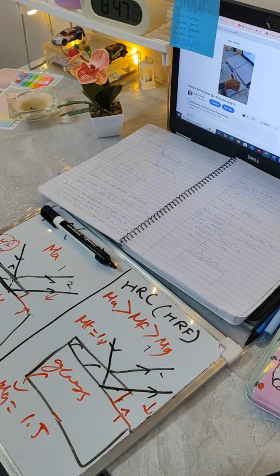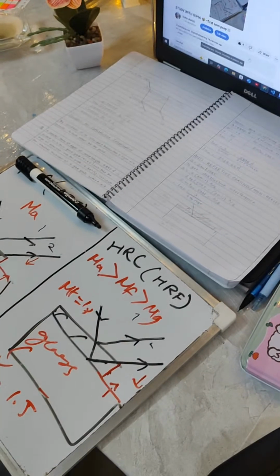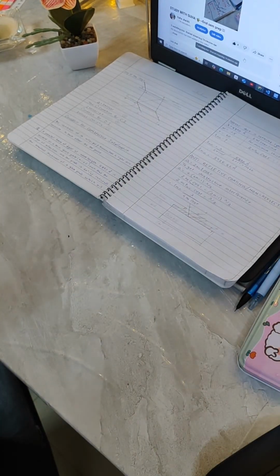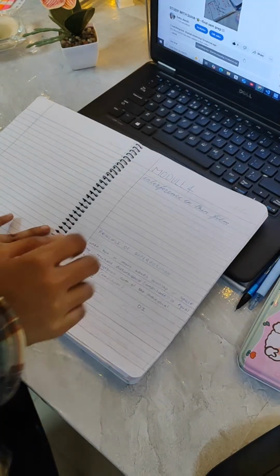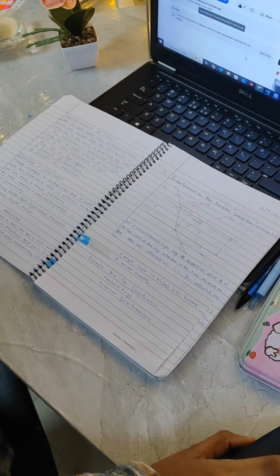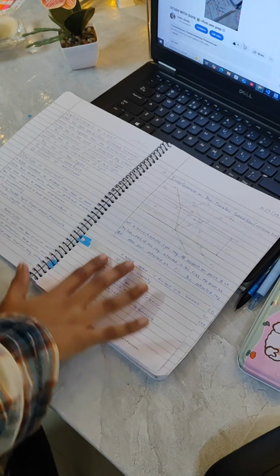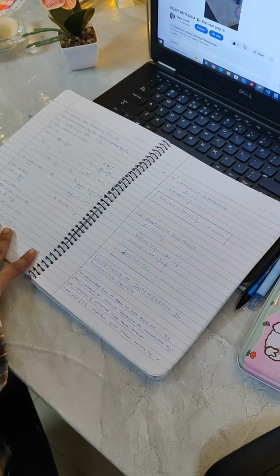I was able to get more done than I thought I would. So let's see all of the topics I finished. Number one, I finished completing my notes, which is a big one for me because I have been procrastinating on that. Let's check it out. I finished my notes and I did all of this. I understood this part. I did this in the morning actually.